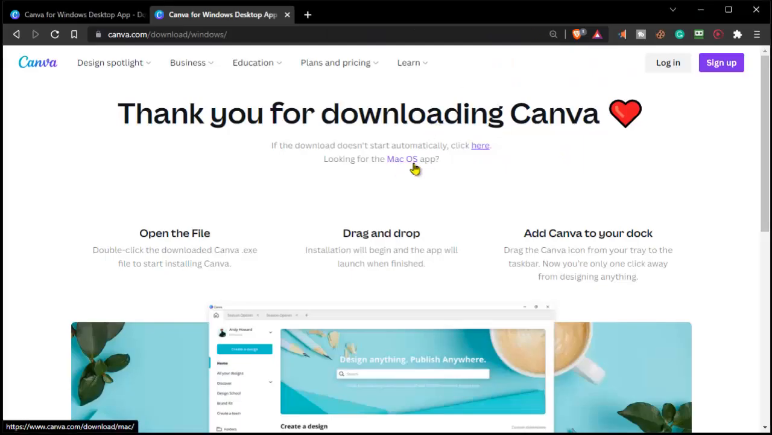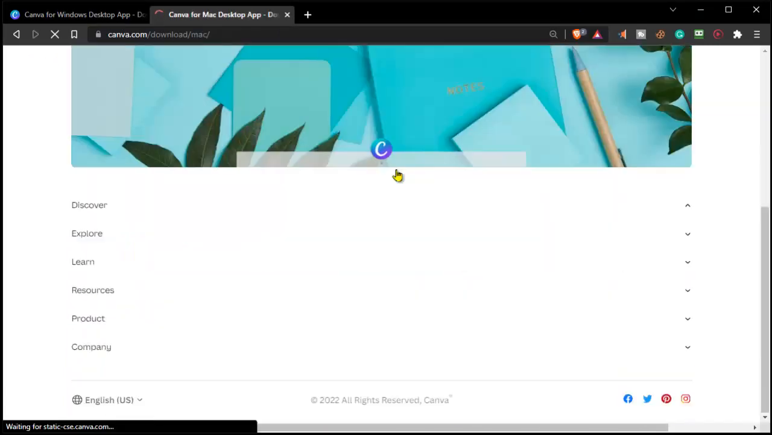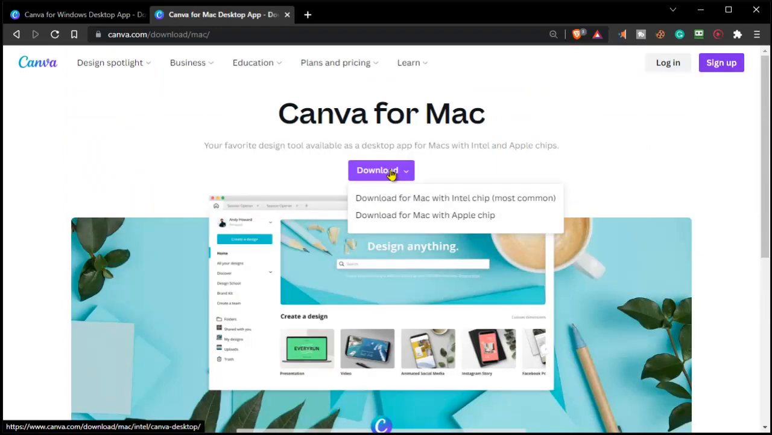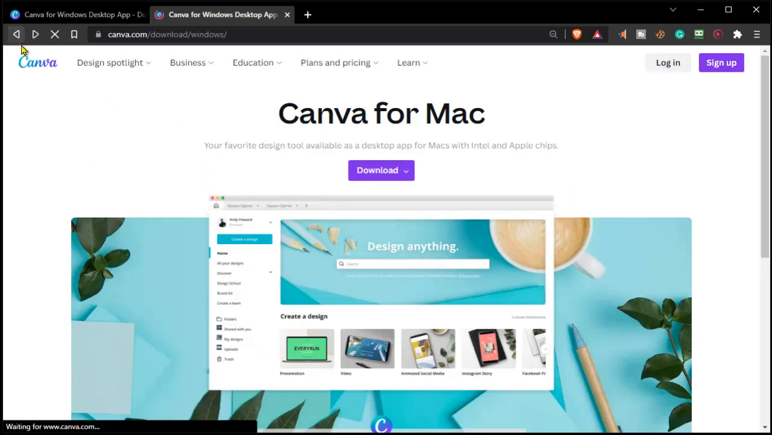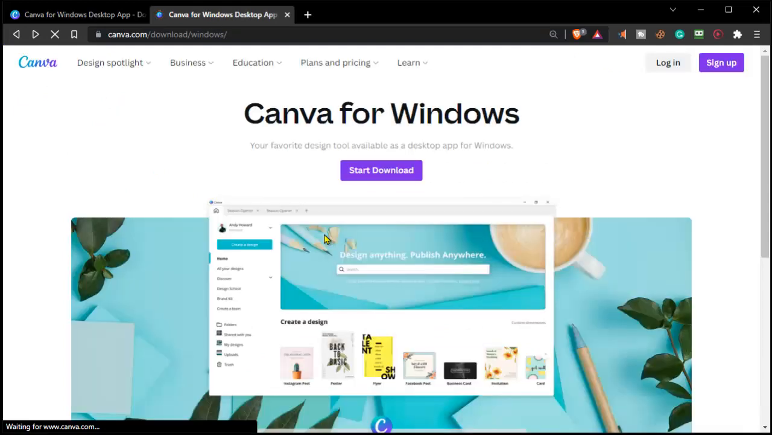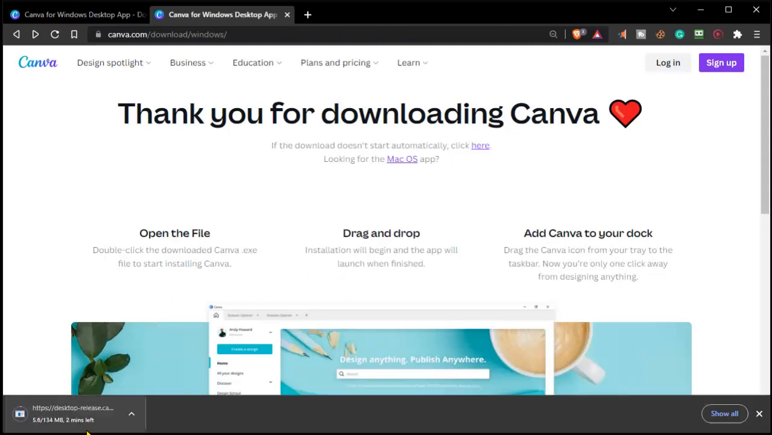If you're a Mac OS user, just tap on Mac OS, okay, and tap on download. But because I'm a Windows user, just tap on start download, and now wait a couple of seconds. So now guys,